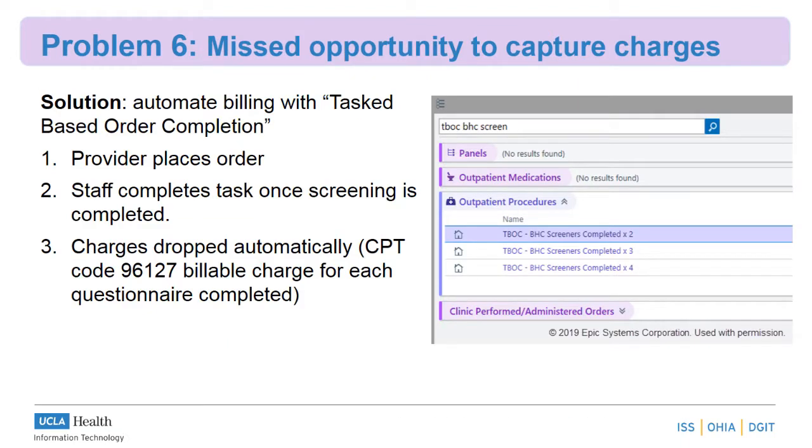Finally, we try to address any missed opportunities for any physician charge capture. Each of the behavioral health questionnaires, when completed and interpreted, can be billed for a CPT 96127 code. But this is often not done by physicians. We then created task-based order completion orders, or TBOC orders for short, that will automatically place charges for the physicians. We have similar TBOC orders currently in other office space procedures such as ear